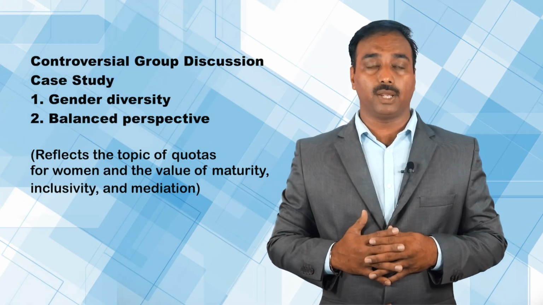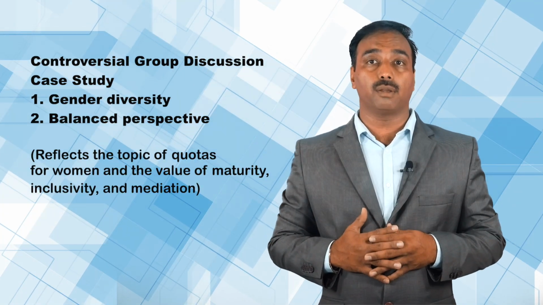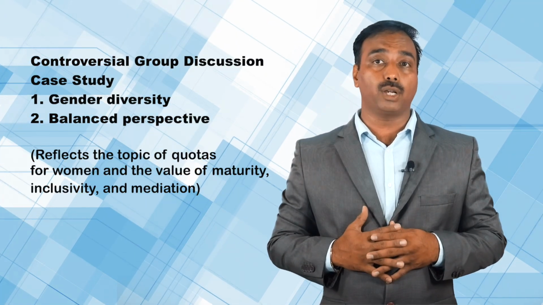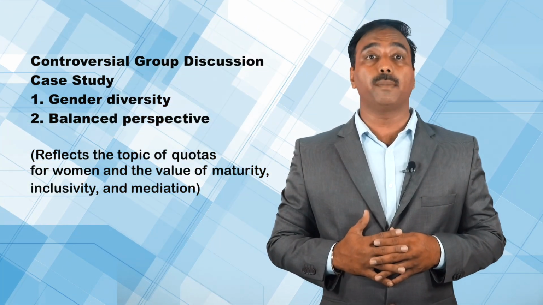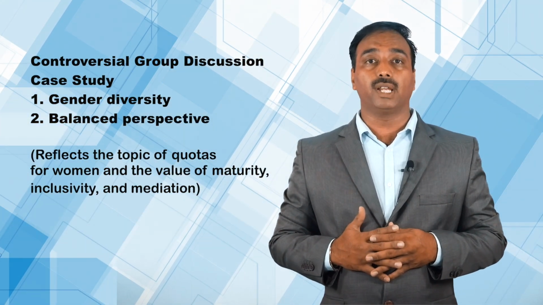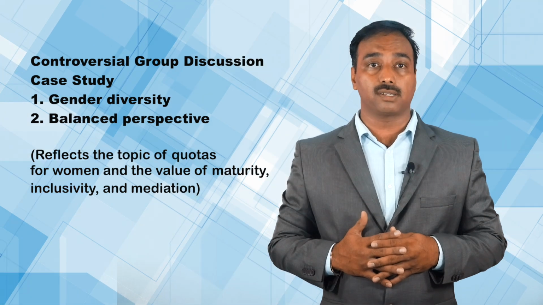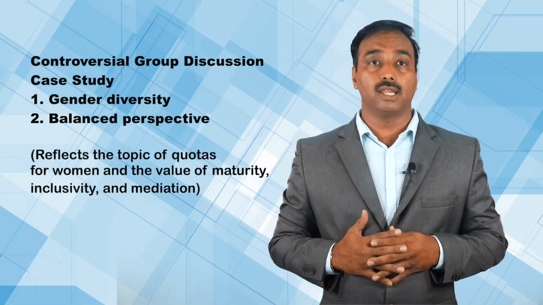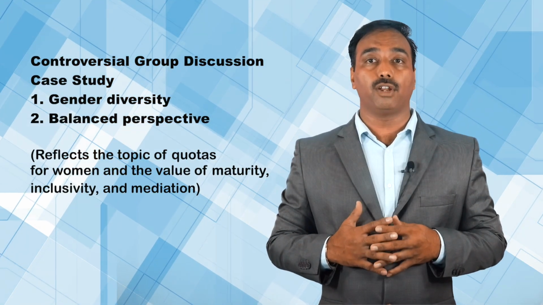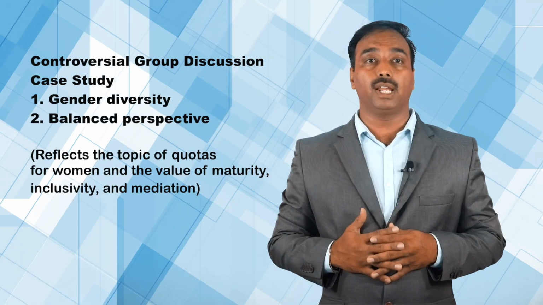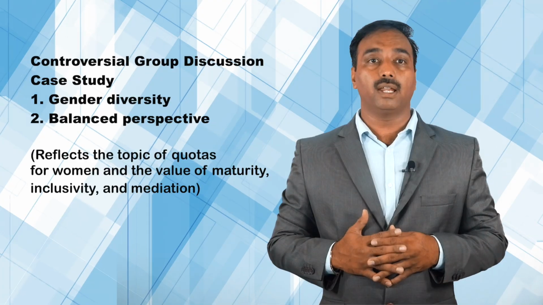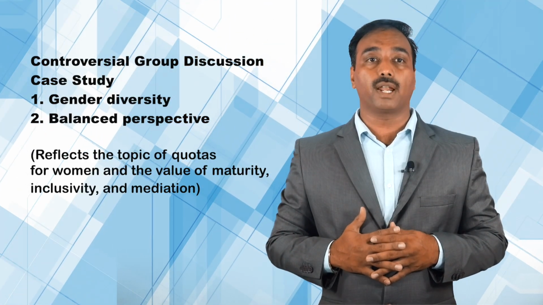Controversial group discussion case study. An HR consultancy firm conducting interviews at a business school introduced the topic, "Are corporate quotas for women justified?" The discussion became intense, with participants arguing for meritocracy versus the need for structural correction. One candidate took a measured stand, acknowledged workplace biases, and cited both international corporate policies and Indian data on gender diversity. By balancing empathy with logic and mediating between opposing views, this candidate demonstrated maturity and inclusivity. The company selected them for their ability to lead a balanced and respectful conversation on polarizing issues.